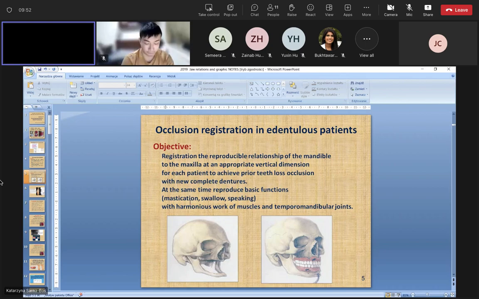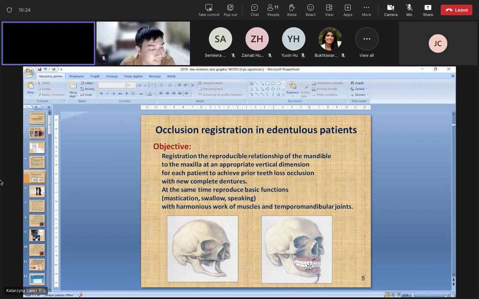As you can notice in this picture, using the wax record blocks and in the future complete dentures, we can rebuild the occlusal vertical dimension. At the same time, we reproduce basic functions like mastication, swallowing, speaking, with harmonious work of muscles and temporomandibular